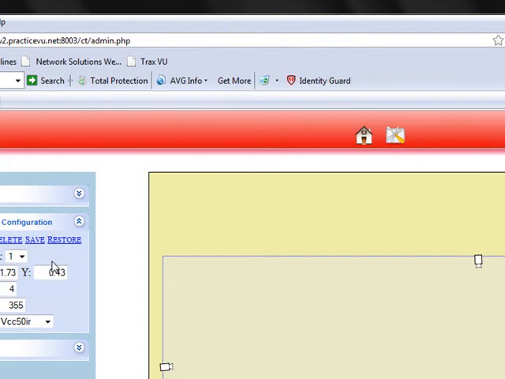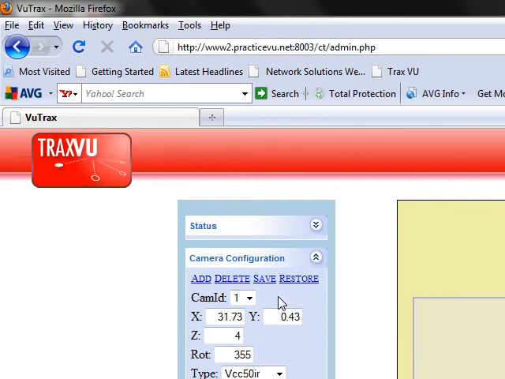Let's make a change to the settings for camera number 1. So let's change its Z value. Let's change it to a height of 3 meters. And someone tells me that it's not 3 meters, it's 3.5 meters. So I'm going to restore the original value. It was 4 meters. Okay, so we'll change it now to 3.5 meters. And we're going to save that change,